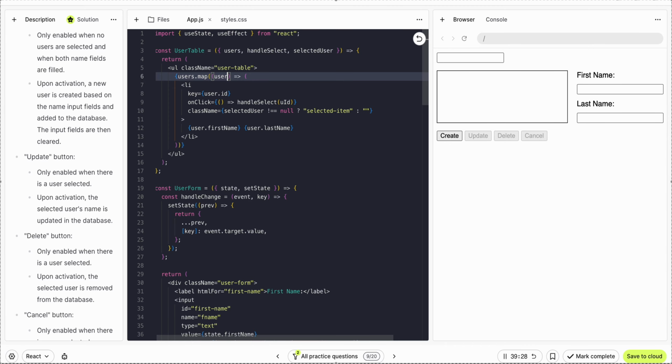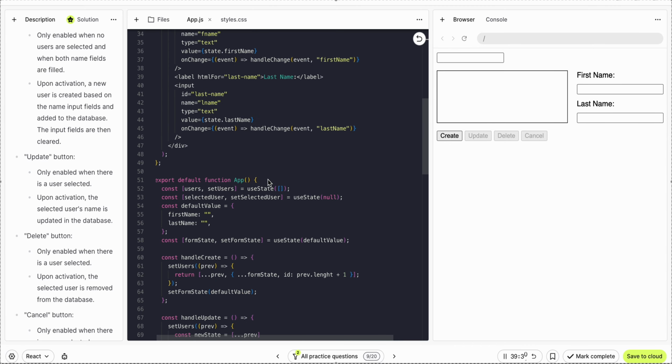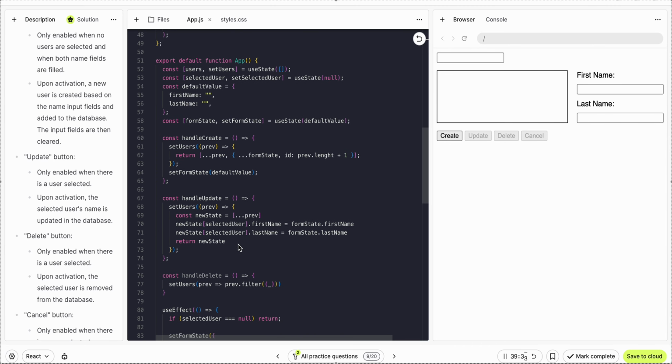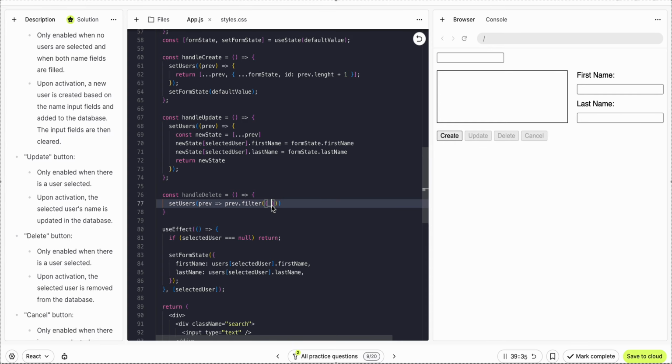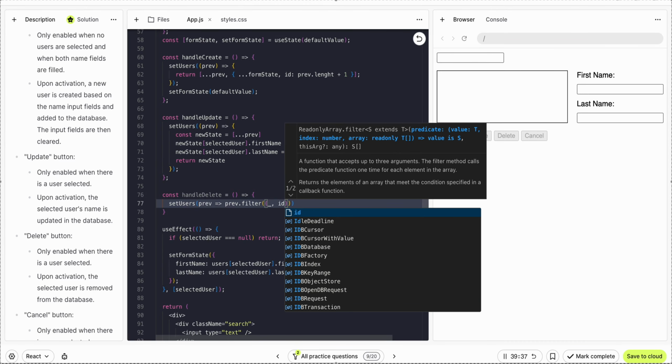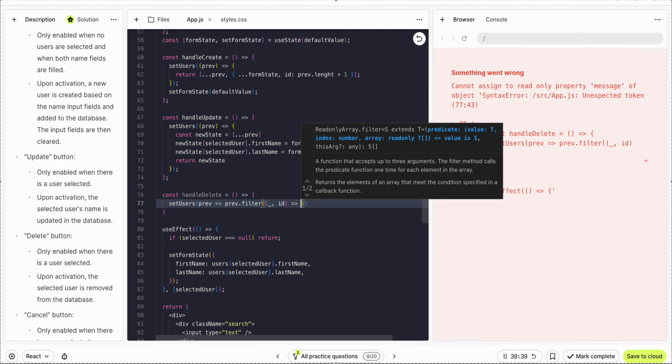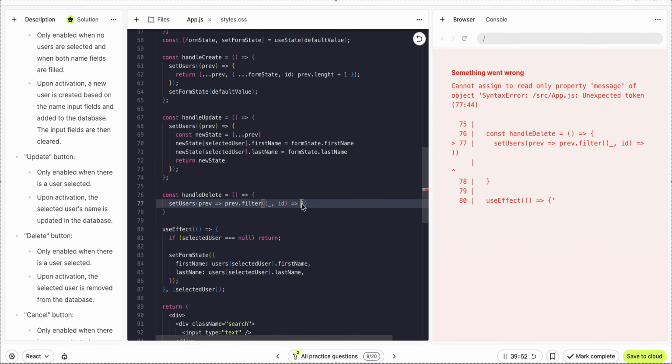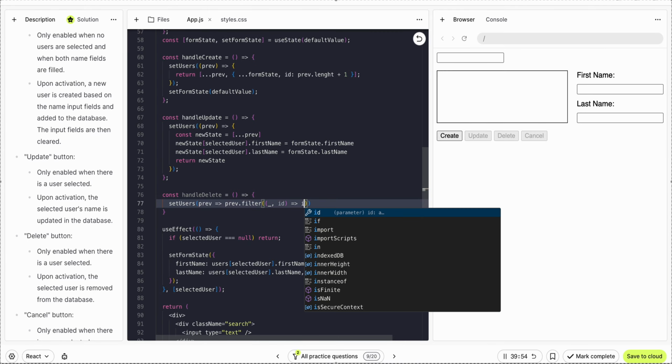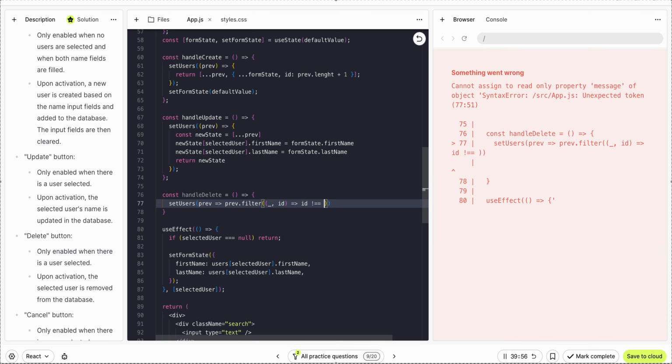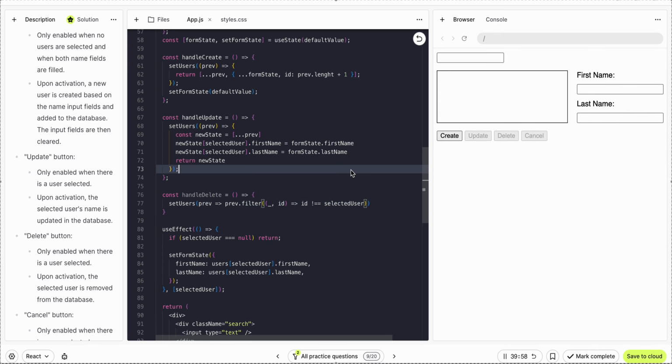We shouldn't do this. UID, so it is the index basically, or instead of index we can basically use the ID filter. ID is not equal to selected user. Okay,